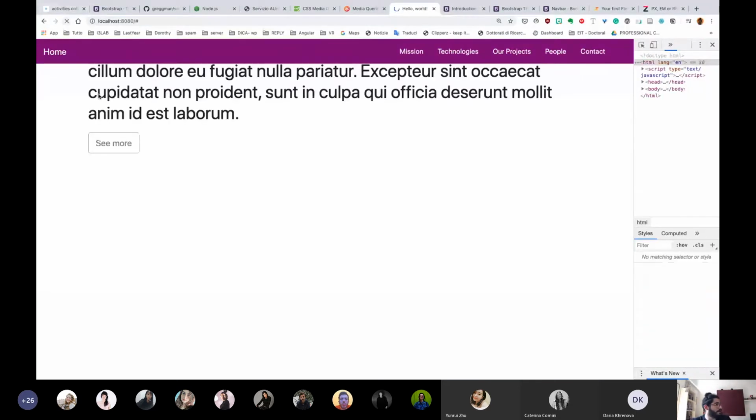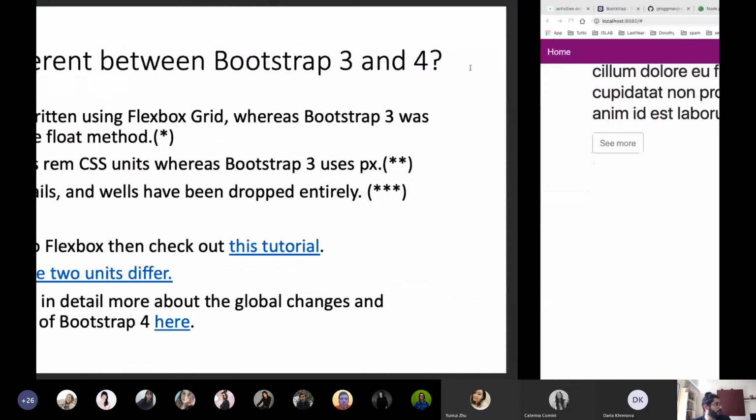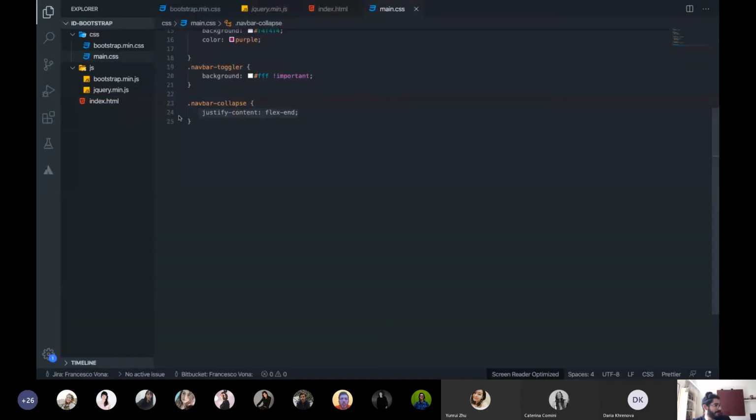Let's see what is happening. Okay, we have something. We don't like it too much because we expected something different, but we don't have the style attached. So it's normal that we see this behavior in our file. Let's see how to add CSS and fix this. First thing to do is to go here in the main CSS and